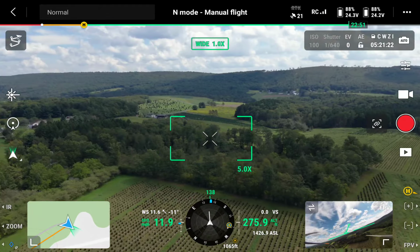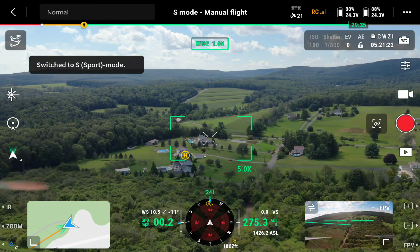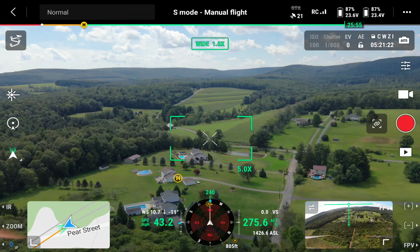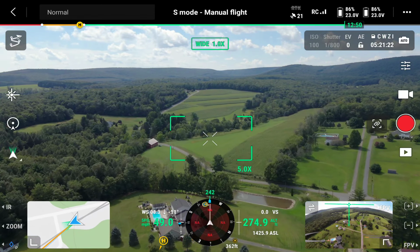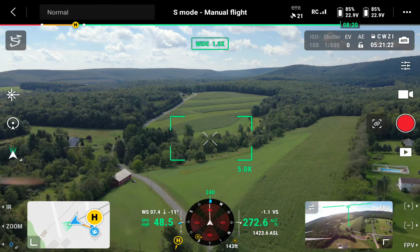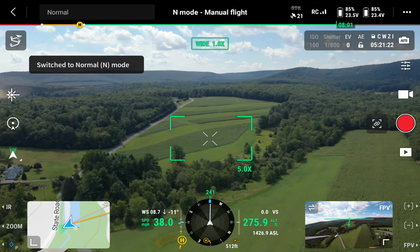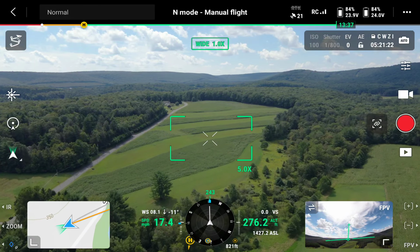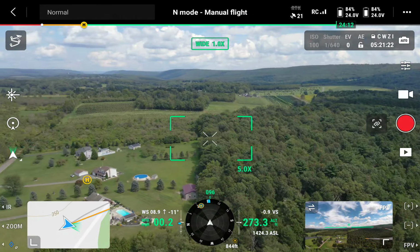That's normal mode, 35 miles an hour. Let's put it into sport mode. Alright, so let's try, let's just stay up here, and let's,